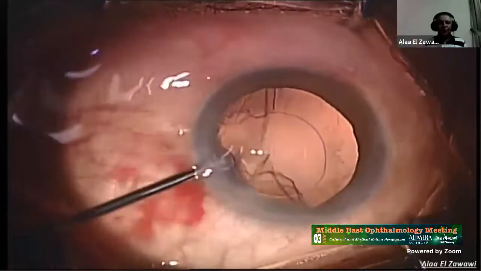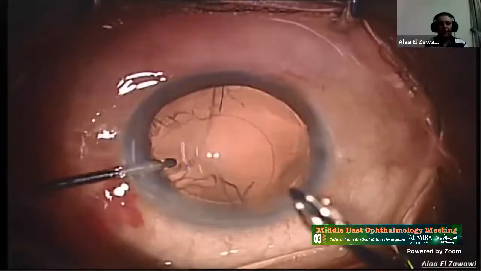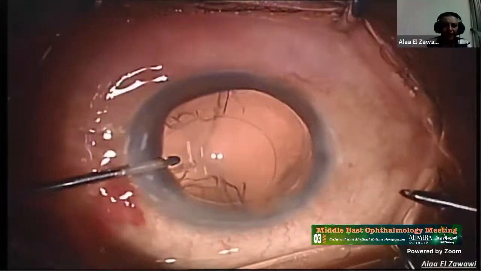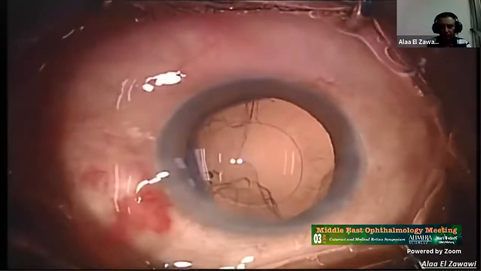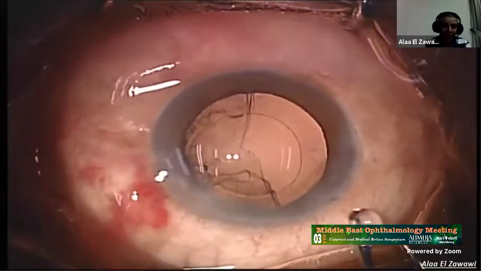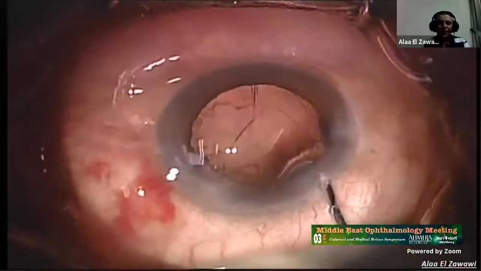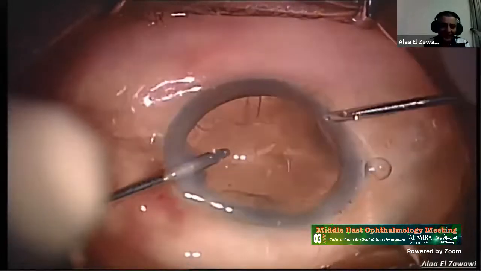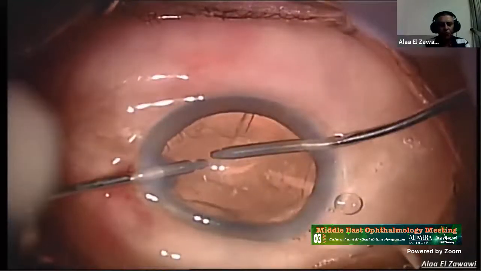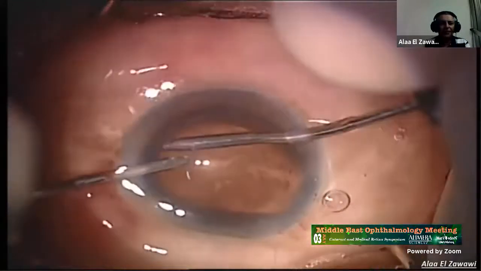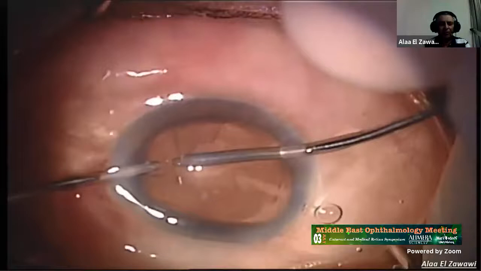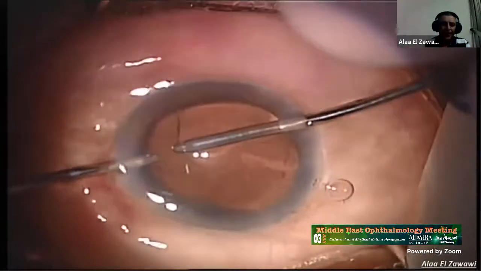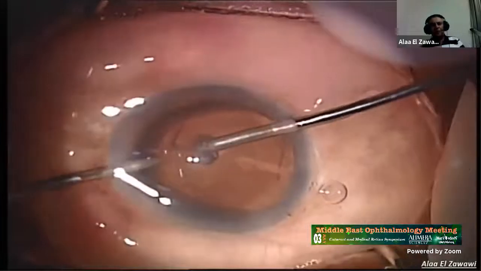Yes, and from the other side, I am doing. I succeeded finally to remove this cortex with difficulty. Actually, my idea was that I must have the viscoelastic inside, and under this viscoelastic, just near the back of the capsule, I was entering and at once capturing this in order to get rid of it. And then finally, I succeeded to remove the cortex